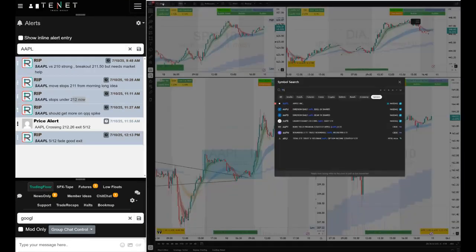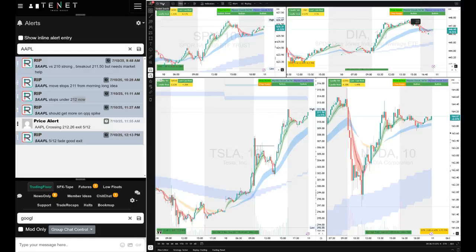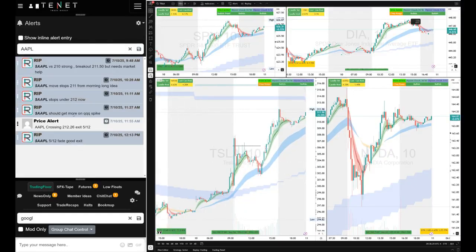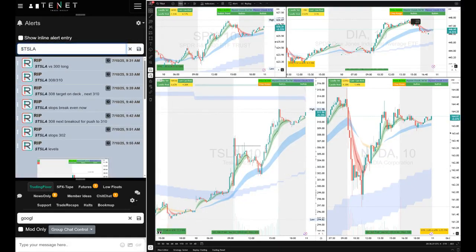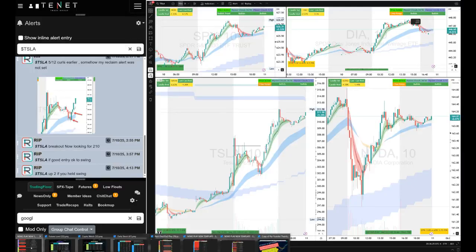All right, so let's look at Tesla. So Tesla was amazing today. It was a green trade for us in the morning, but we did stop out on our day trades middle of the day. But it came back and came a beautiful curl setup as well. So let's look at Tesla. Let's look at our game plan on Tesla and let's see what was the plan here.